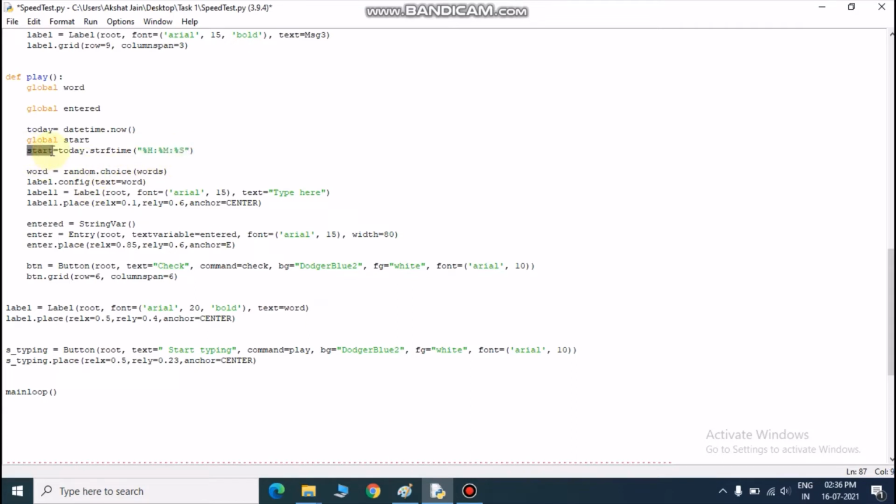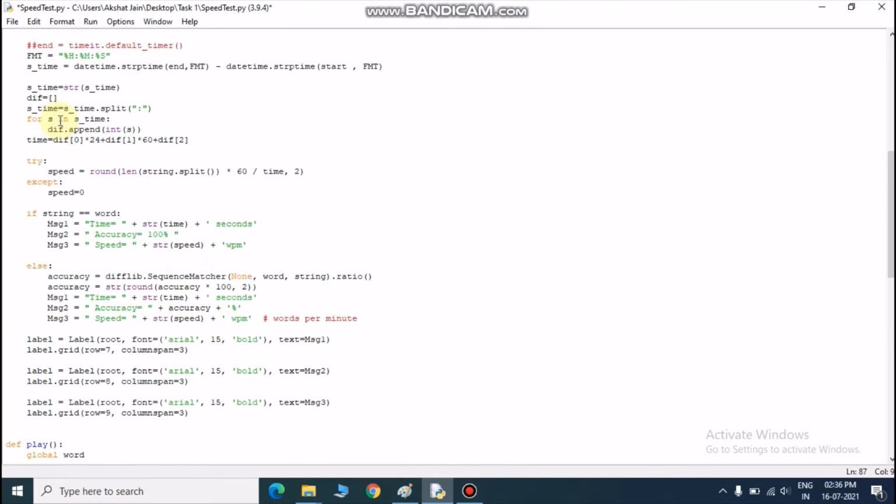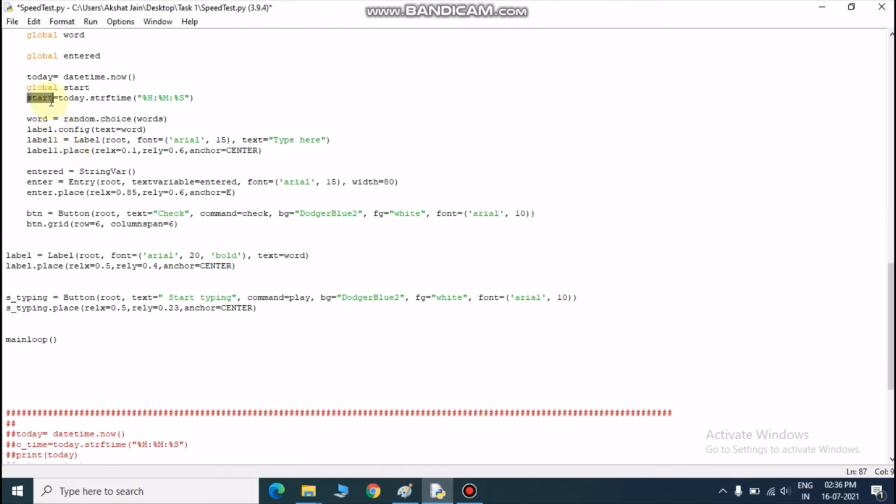This start will get this, but this start is not an int variable. Currently its type is datetime. If I want to make any changes, I want to convert it to integer, but I cannot directly convert it to integer, so I have to perform various actions. Right now I don't want to convert it to any form. I will pass it to check, and then check will do all the functions which it wants to do. So currently we are saving it as datetime only.